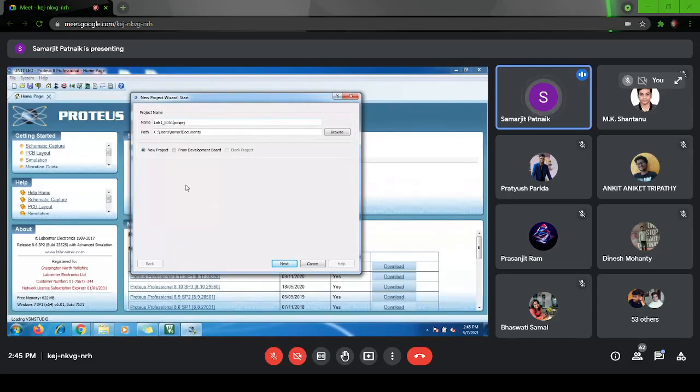So once you open a new project, give any name, your standard path will be there. You can keep it or you can change it. New project. Do not select this from development board, that is not required. Go to the next button.